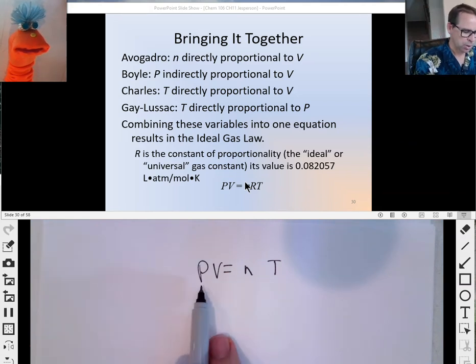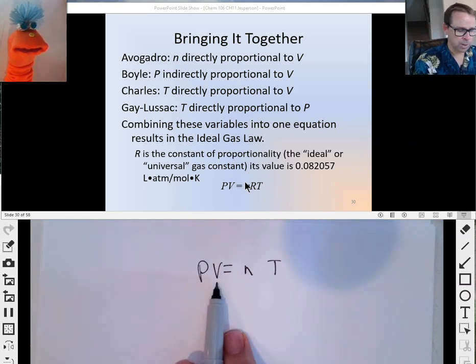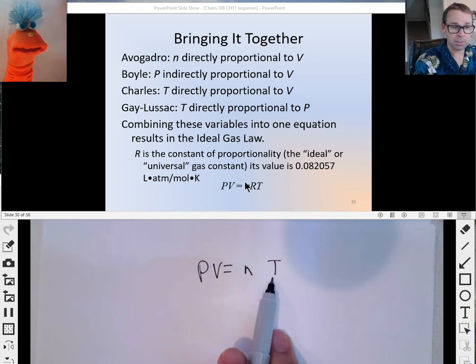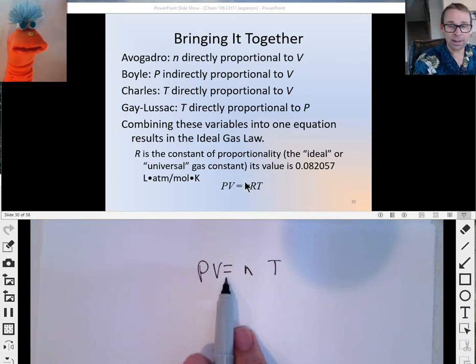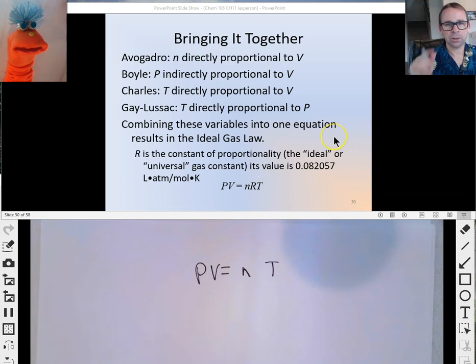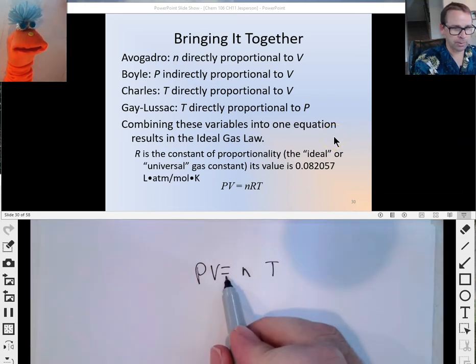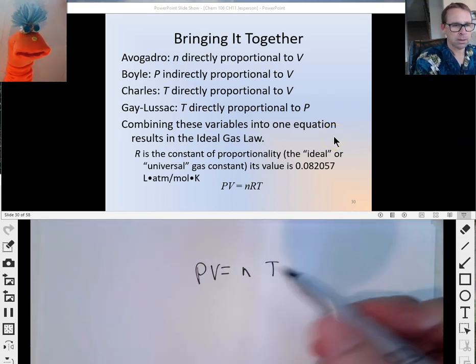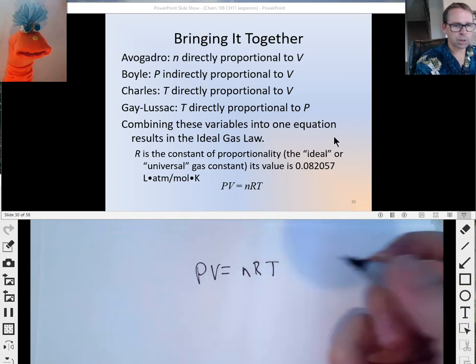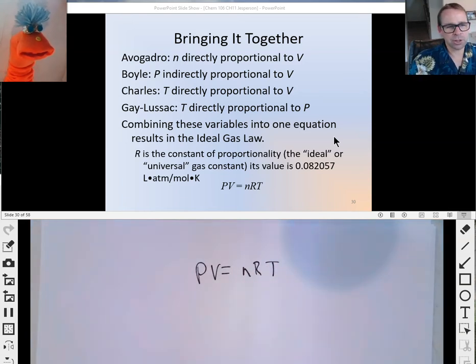All right? So if I know the pressure and I know the volume and I know the moles of material, I can tell you what the temperature is. Or if I have any three of these, I can tell you the fourth. All right? And actually have an equal sign in here as opposed to just a directionally proportional symbol, right? Using a correction or a conversion, right, a constant, and the constant will have the appropriate